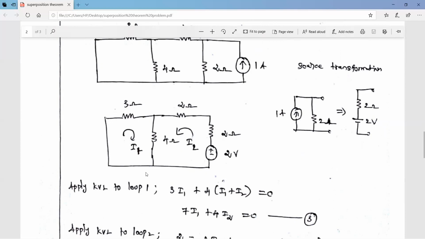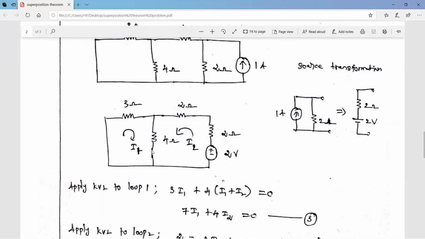For this circuit, we have to write the KVL equation. Here a battery is there, so the current always emerges from this battery, which is why I am considering this direction as anti-clockwise. This other one you may consider either clockwise or anti-clockwise; here I am considering clockwise, and you may consider anti-clockwise also. So these are currents I1 and I2. Now we have to apply KVL to loop 1. In loop 1, there are 2 resistors. What is the current flowing in this resistor?